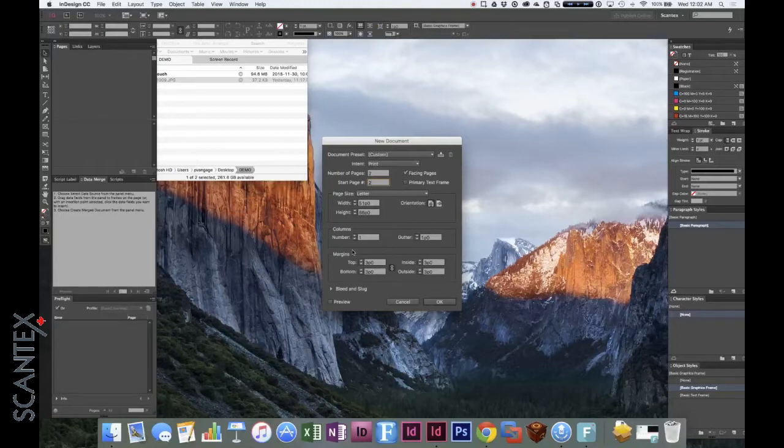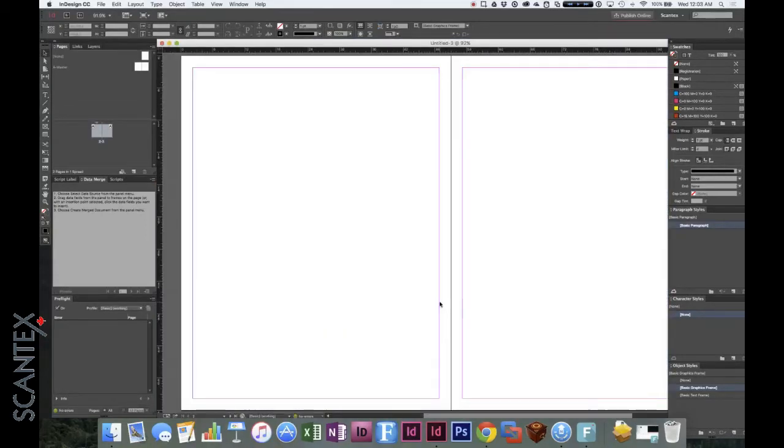The important part is to go down to where our margins are and leave at least a 1/4 inch, and I would always recommend 3/8 to 1/2 inch margin around your page so that the images aren't close to the trim. So in this case we have 1/2 inch. I'm going to change it to 3/8 of an inch, and I can do that by typing in 0.375 inches, and I hit tab and everything changes. Or again, I can change it to a little over 9 millimeters, and that will get me almost the same thing. Once I have that, I say OK, and I now have a double page spread,